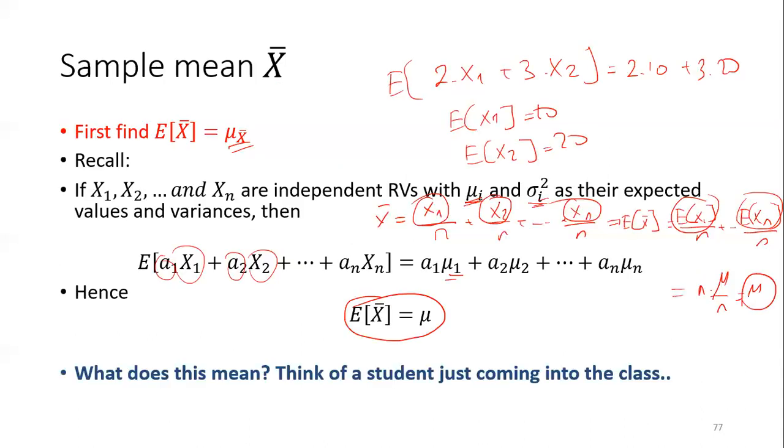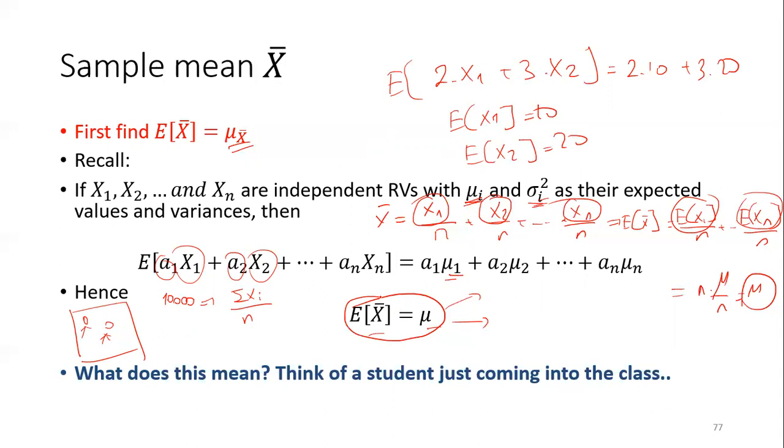Okay, so what does this mean? Now let's try to visualize it like this. In order to find the expected value of the heights of the students in Özyeğin University, there are, I don't know, 30,000 or 10,000 students here, right? Just take the average of them. Just take everyone and take their average in order to find the real mu.